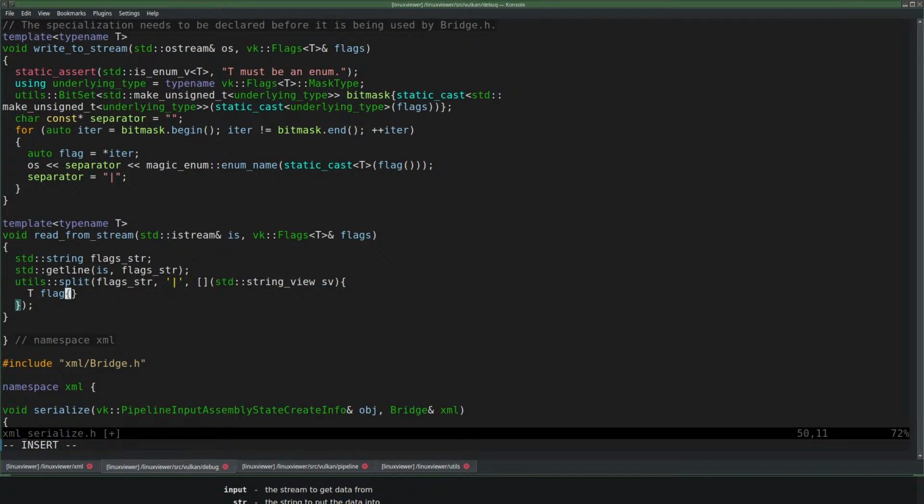I've constructed from something with magic enum again, and this time we go from the name to the value. Enum value seems like a good guess here, and SV.